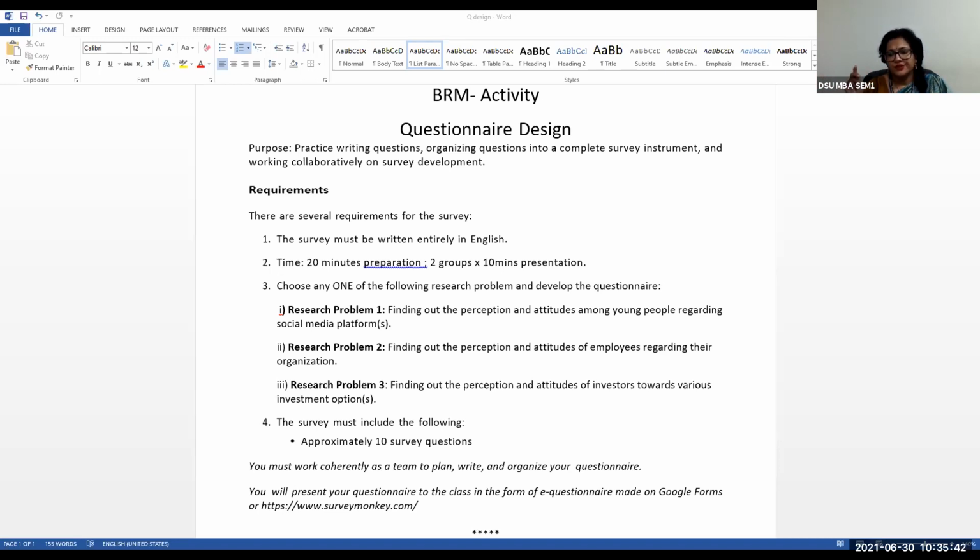All right. Again, say research problem 2, perhaps 1 or 2 questions can be there about the level at which the person is working in the company. Okay, if not the designation, whether it is junior management, middle management, or senior management level. So ask these kinds of questions so that when you're doing the analysis, you can think about whether there are differences in the perception of employees depending on the levels at which they are working. All right, so these are some of the tips I'm giving you. You can of course think of some more.